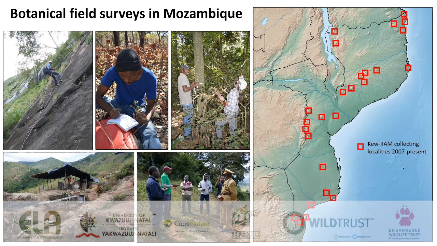Whilst the large majority of data that are used to identify IPAs already exist in herbarium collections, literature, online databases, and the knowledge of in-country experts, a field component is also essential to assess the current status of species and habitats and the threats at candidate IPA sites, as well as to fill in gaps in our knowledge of areas of potentially high botanical interest. Our work in Mozambique draws on well over a decade of collaborative fieldwork at sites across the country, specifically targeting areas that are likely to trigger IPA status. Such fieldwork has also provided at least a brief initial opportunity to meet with local communities and to promote the importance of valuing and carefully managing the biodiversity over which they have stewardship.